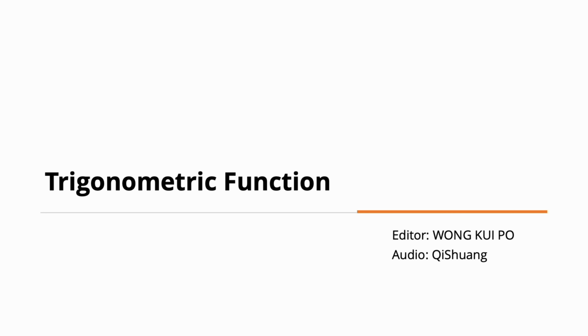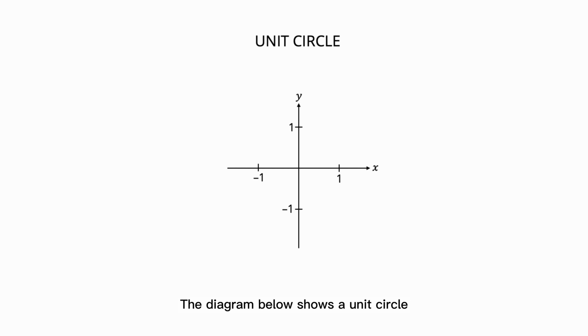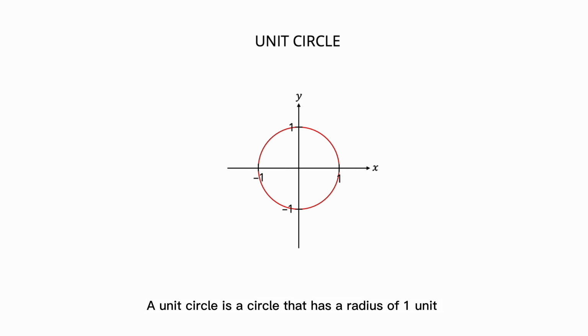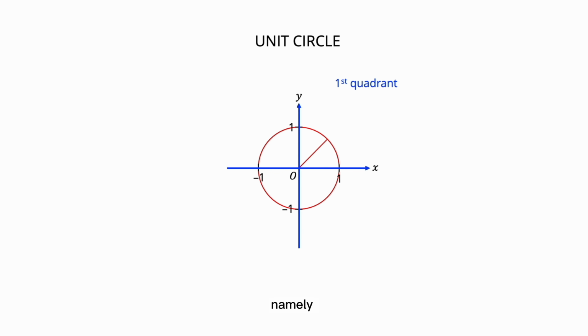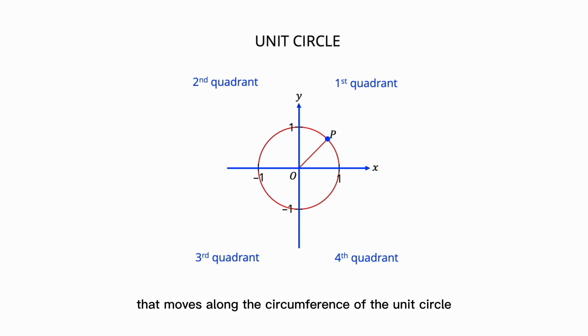Trigonometric Function. The diagram below shows a unit circle. A unit circle is a circle that has a radius of 1 unit and is centered on the origin. The x-axis and y-axis divide the unit circle into 4 equal quadrants, namely first quadrant, second quadrant, third quadrant, and fourth quadrant. It is given that P is a point that moves along the circumference of the unit circle, and